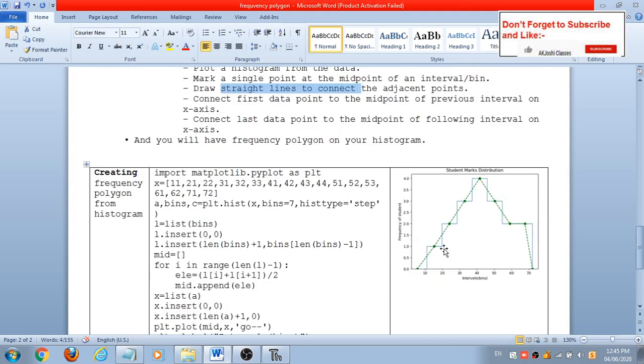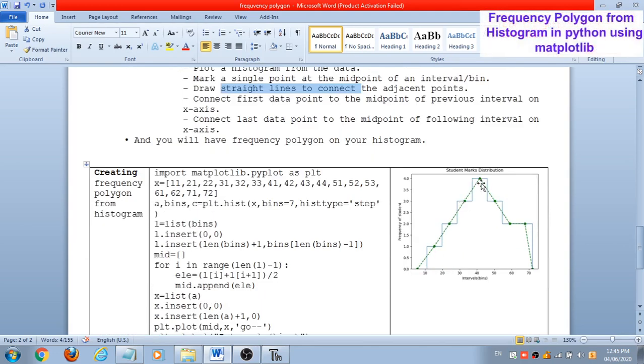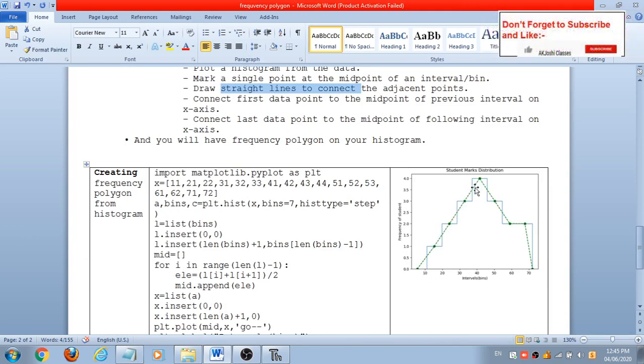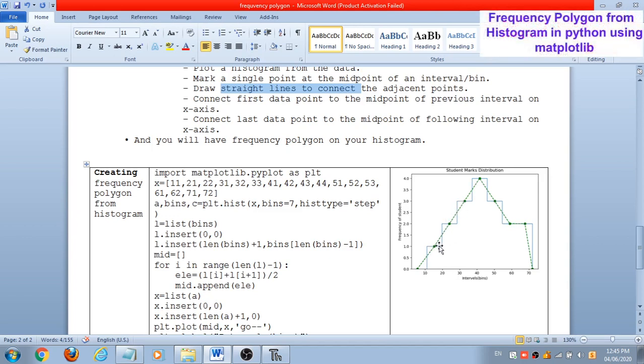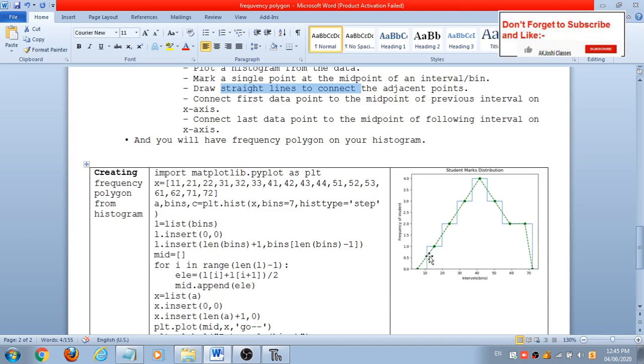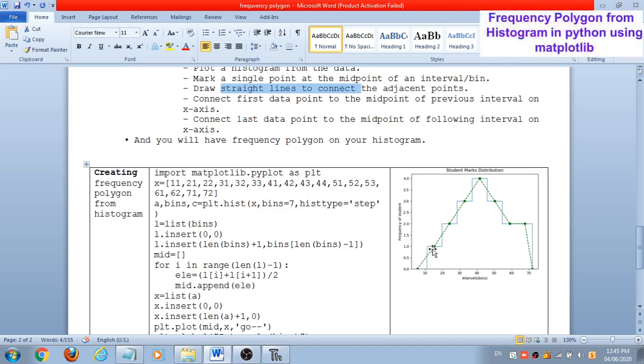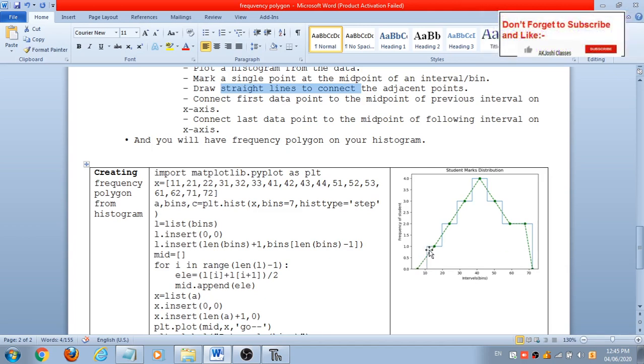Suppose this is the histogram which is given, then you can mark the midpoint of each interval, then plot a line. Now you know that this is an interval, this is an interval, but at the start, these two lines are additional. So make a line in the front from the first midpoint to the beginning interval.